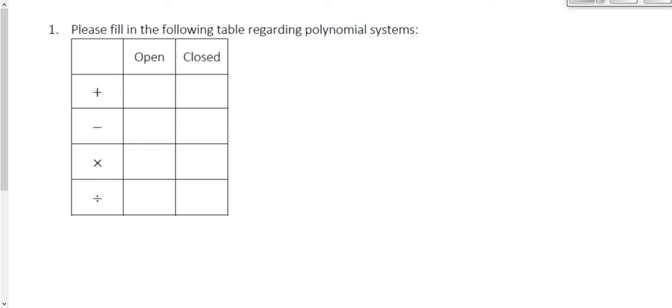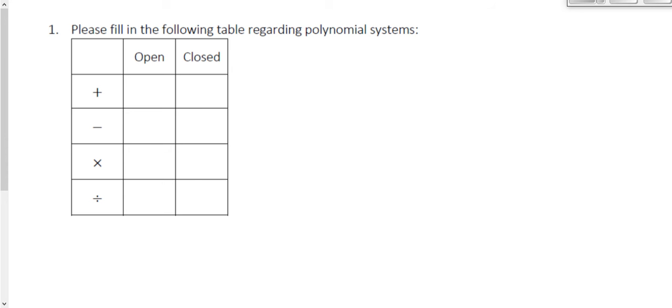Alright, in this video we're going to be looking at the Unit 4 review for Algebra 2. We'll start with the first question of the review, which is asking us to tell which operations are open and closed for polynomial systems. An open system is one where if I do the operation, I get something other than